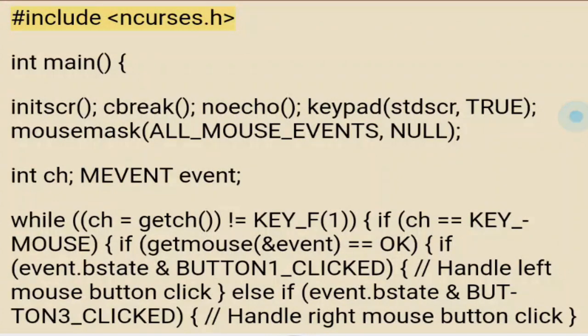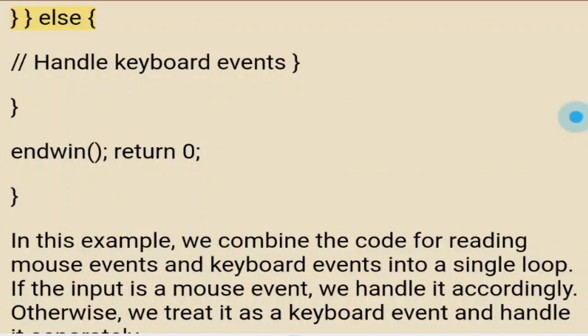#include <ncurses.h> int main() { initscr(); cbreak(); noecho(); keypad(stdscr, TRUE); mousemask(ALL_MOUSE_EVENTS, NULL); int ch; MEVENT event; while ((ch = getch()) != KEY_F(1)) { if (ch == KEY_MOUSE) { if (getmouse(&event) == OK) { if (event.bstate & BUTTON1_CLICKED) { // handle left mouse button click } else if (event.bstate & BUTTON3_CLICKED) { // handle right mouse button click } } } else